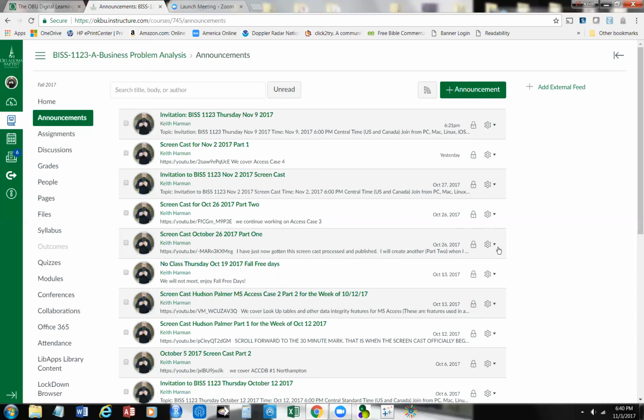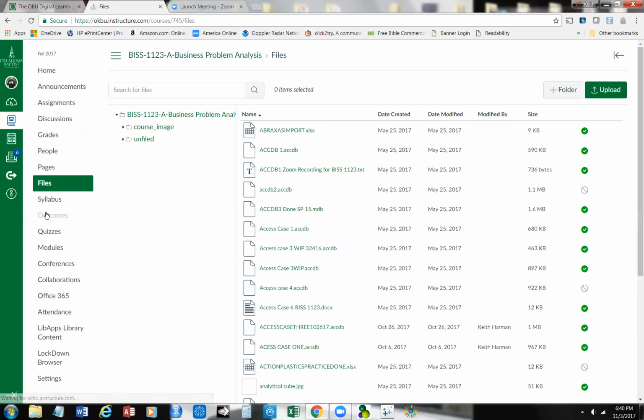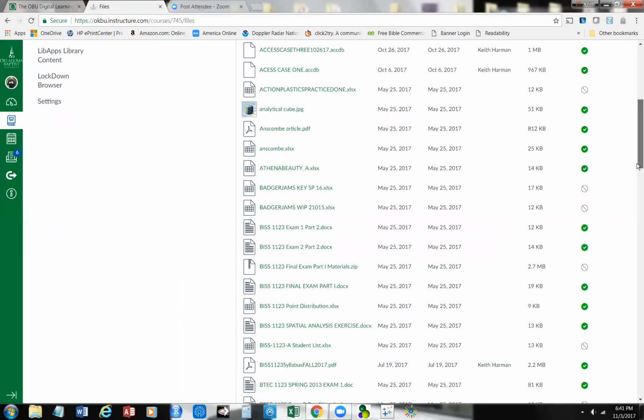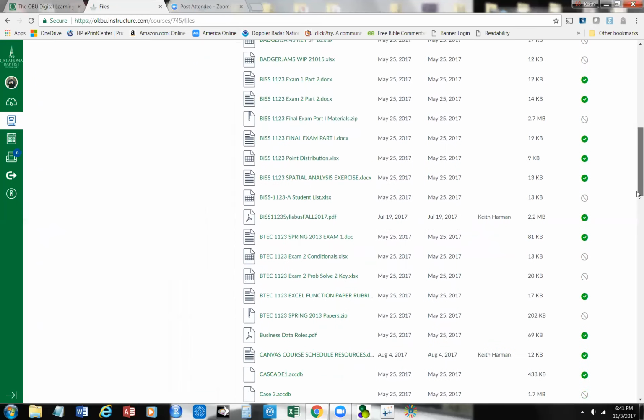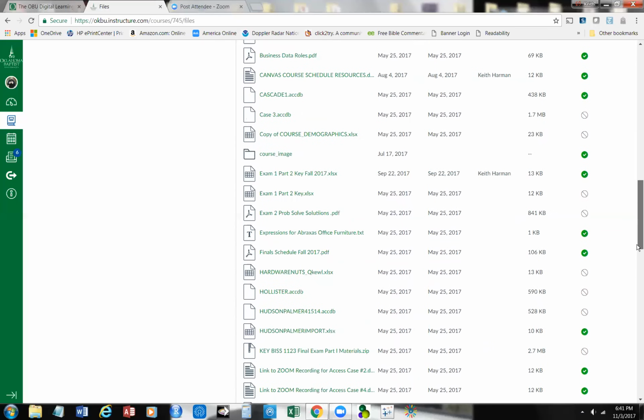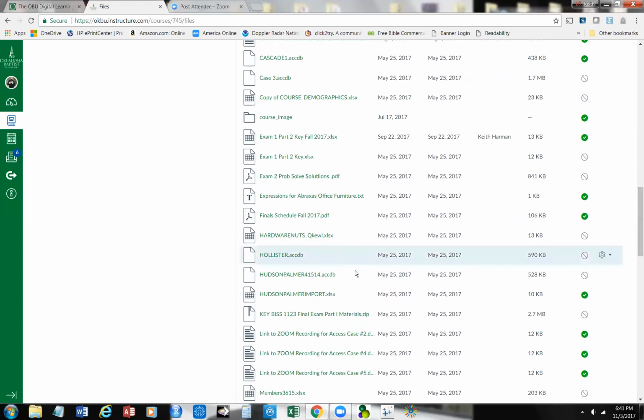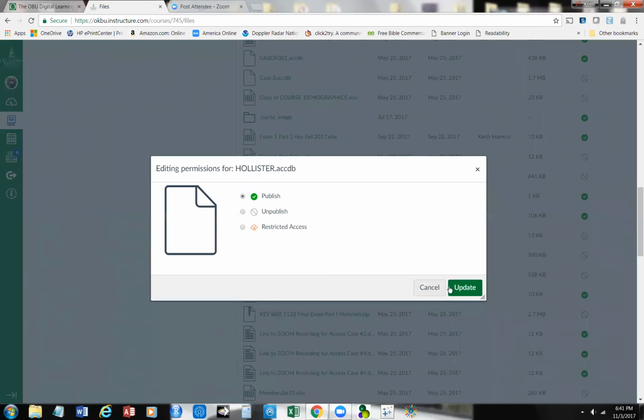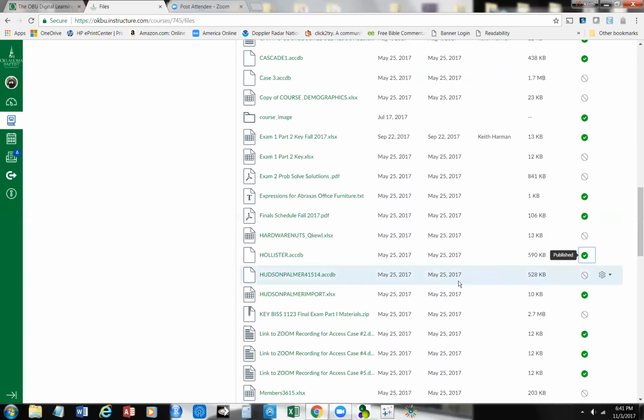All righty. Let's go over here to the files. And as usual, we're going to come into the Solve It student files, where we typically would. But I think what I'm going to do tonight is take a shortcut on Hollister and take a look at it. In fact, I have a Hollister right here, and let's look at it for a minute. See how condition it's in, if it's a finished product. And so I've got publish there,